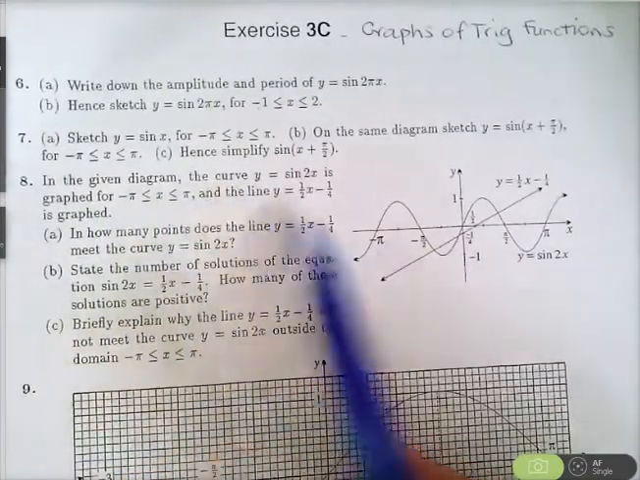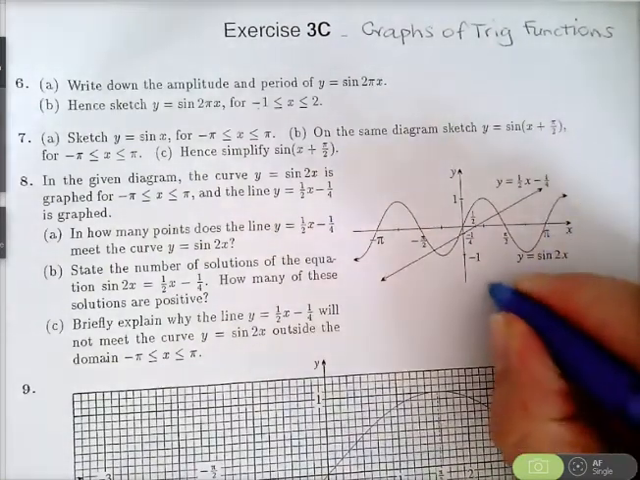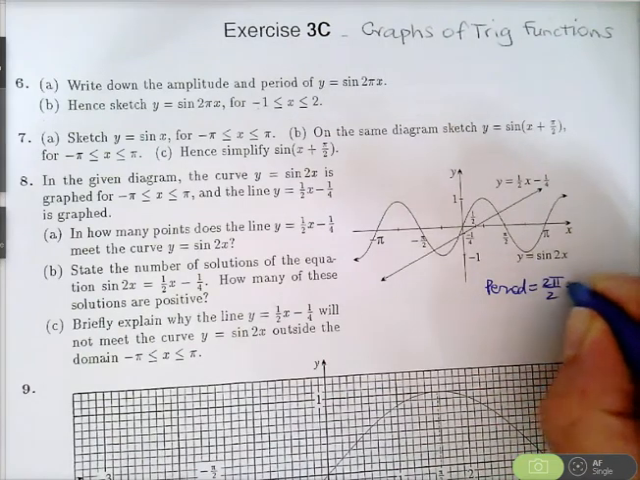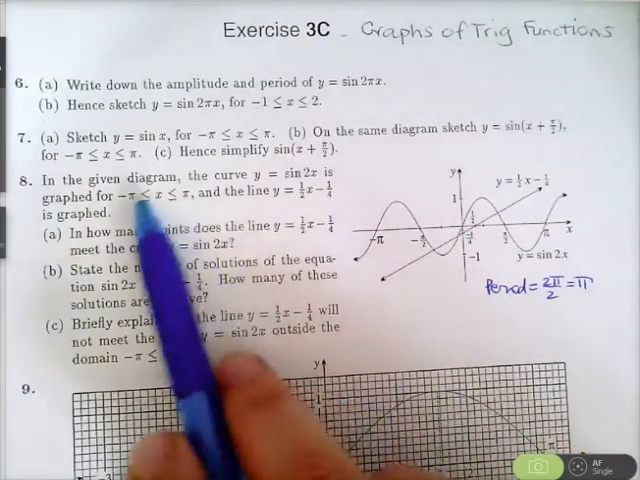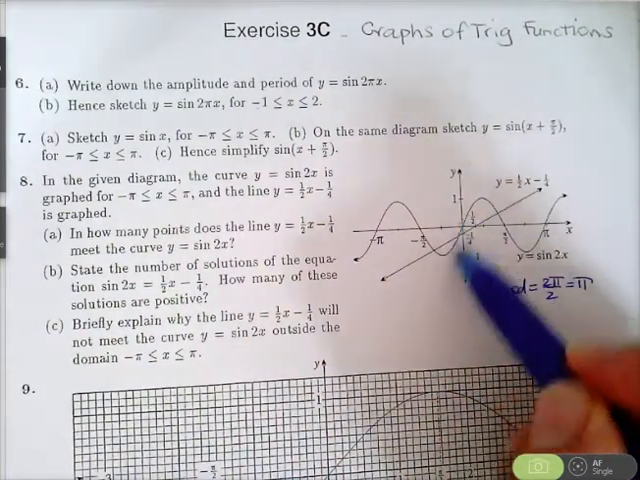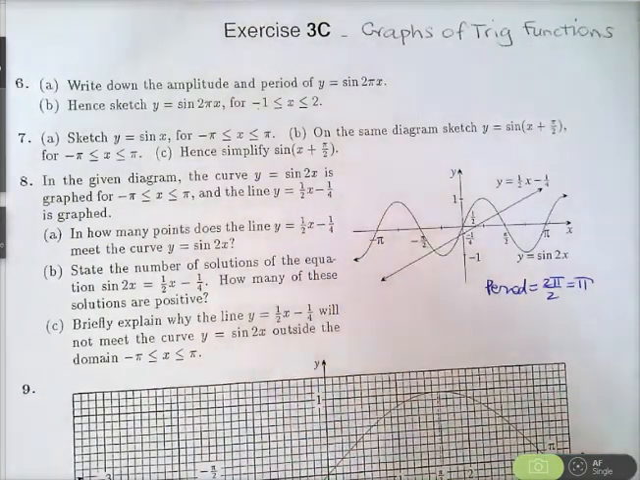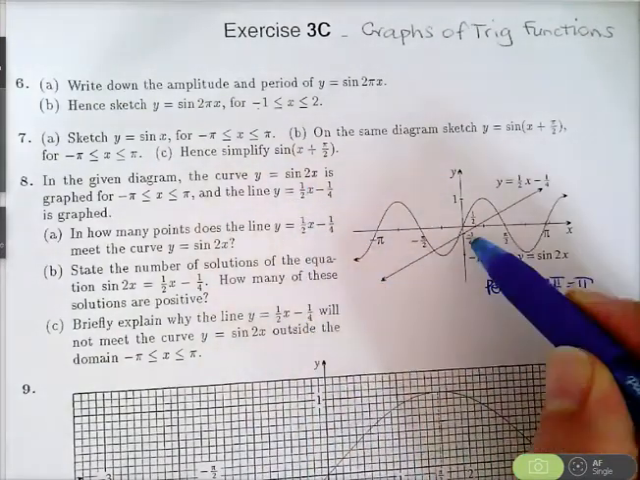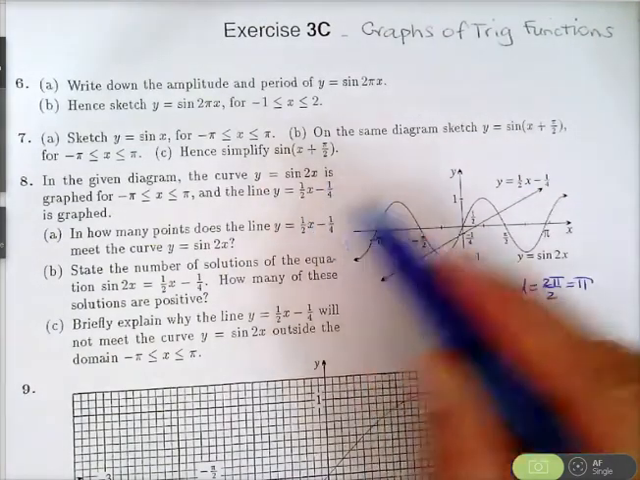So in the given diagram, the curve y equals sine 2x. Notice that the period of y equals sine 2x is 2 pi on 2, which is pi. So you can see that the period is pi. Okay, so it's being graphed from negative pi up to pi. And then the line y equals half x minus a quarter is also graphed. Now y equals a half x minus a quarter obviously has a positive gradient of 1 over 2,